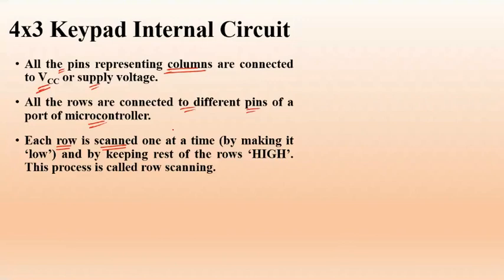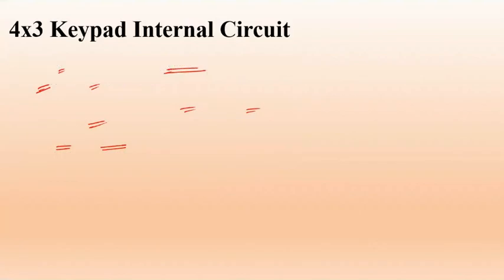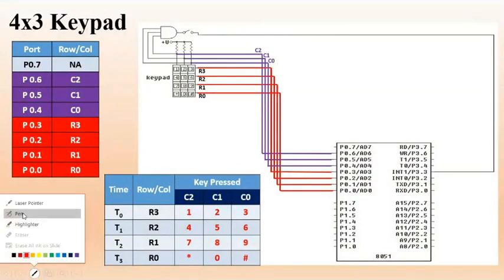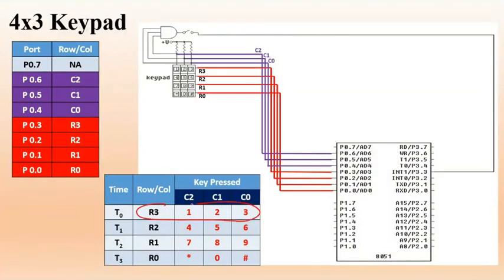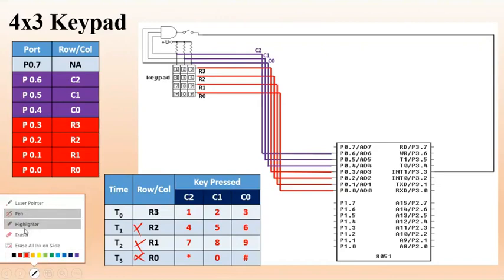We will scan row 0, then row 1, then row 2, and then row 3. If no key is pressed, go back again: row 0, row 1, row 2, row 3. But a row will give you the information of 3 keys simultaneously, like this. So how to know which of these 3 keys are pressed? For that we need to do a second scanning. First we will disable all the rest of the rows. So assume we are starting with R0. Let me go sequentially.